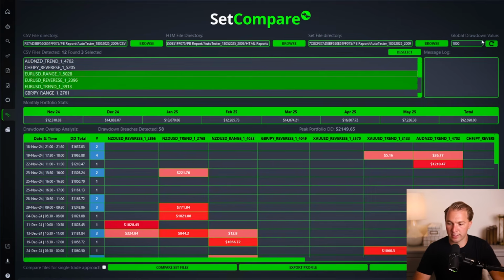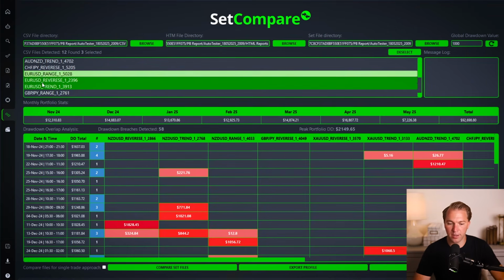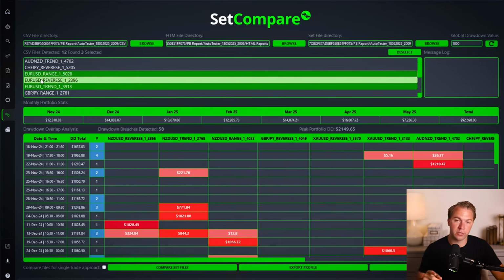Okay, so let's say I've picked these three. Those are the only ones selected. I'm going to refresh this. So what I'm looking for is, in this 6-month backtest, if I'm only looking at these three bots, how many times did it draw down? The three bots are a bot that specifically only trades in ranging markets and only trades Euro USD, and a bot that only trades in reversing markets or looks for reversal points and only trades Euro USD,